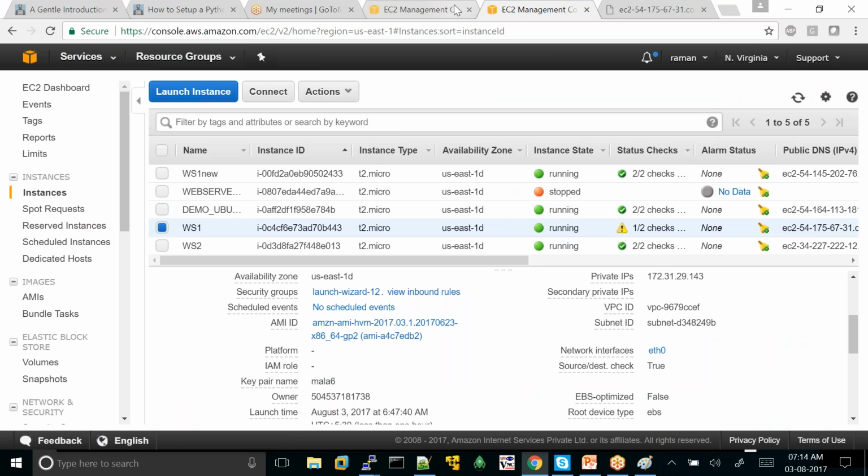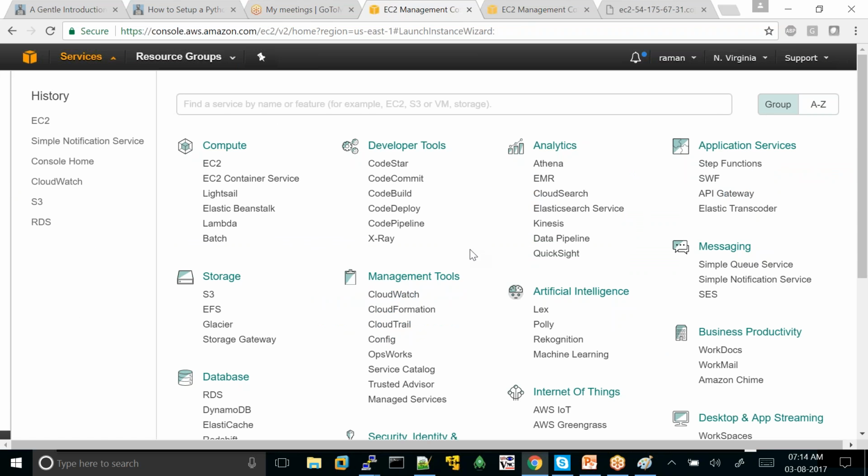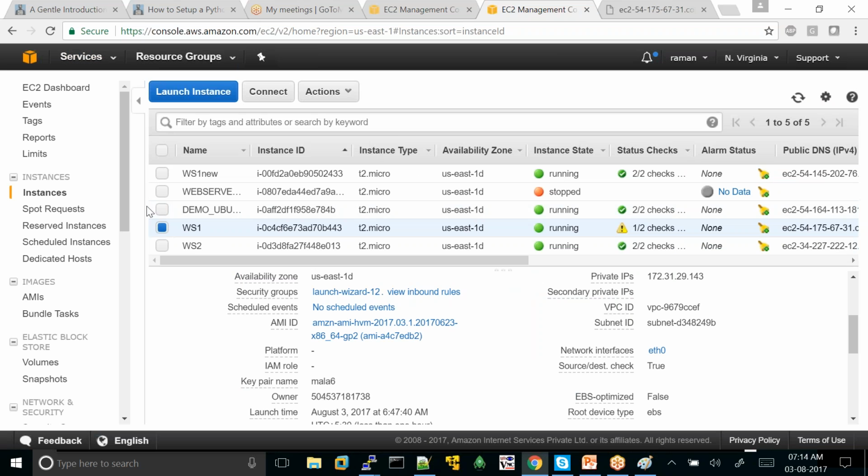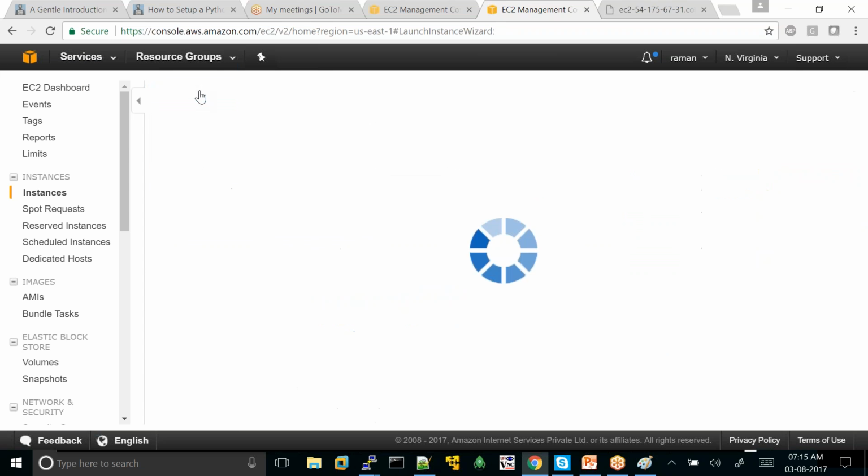You can make use of the same thing while creating this. While launching an instance, you can choose 12. While specifying this in your auto scaling group, the default security group will be taken. Okay, let me launch